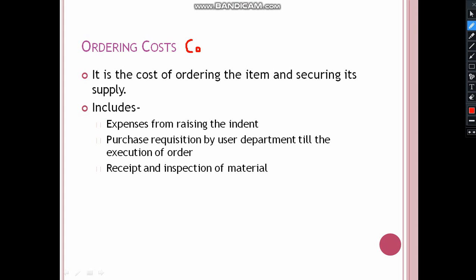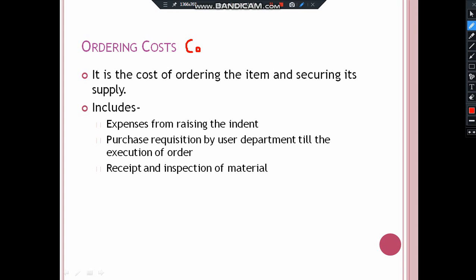Now if we put it in simple words, suppose you have a factory that produces plastic containers. So the raw material for that factory will definitely be the plastic granules, and when we go in the market to purchase raw material, then there is not only a single vendor, there will be a lot of vendors. So first thing that we do is we call for quotations. We send information to all the vendors to send in their quotations. So when you send this information to the vendors, definitely either you will use the internet service, so you have to pay for the internet bill, or you will send the requisition by post, so you will be paying the postage cost. So this money will come under your ordering cost.